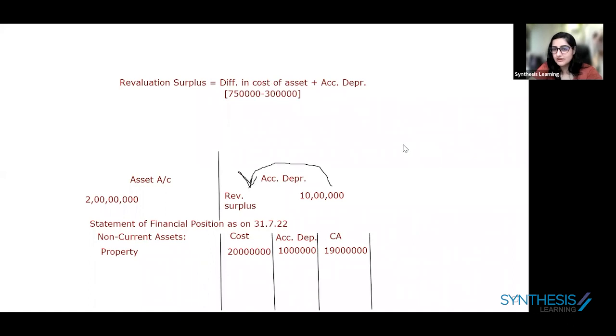Simple करें, एक और चीज ट्राई करें। There is one more formula। Revaluation surplus can either be calculated as the difference in the cost of the asset plus accumulated depreciation so far, or it can be calculated as the revalued amount minus the carrying amount on that day।